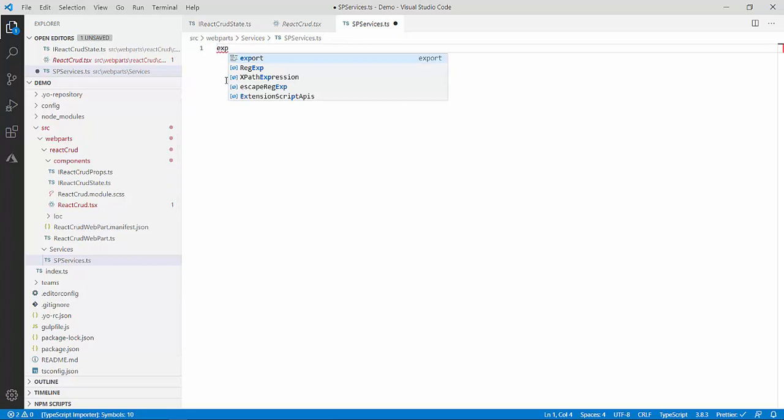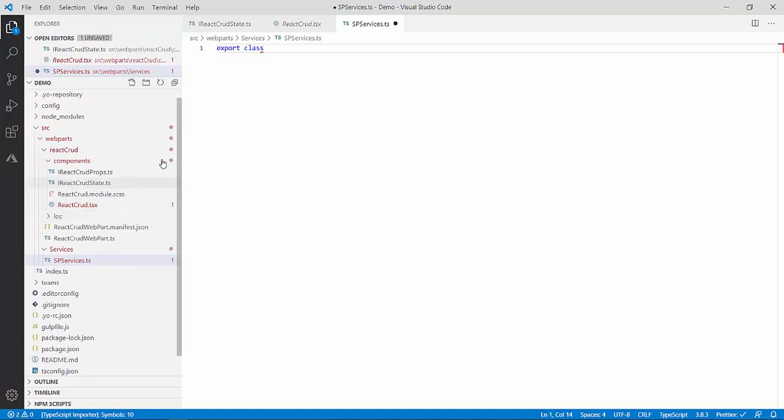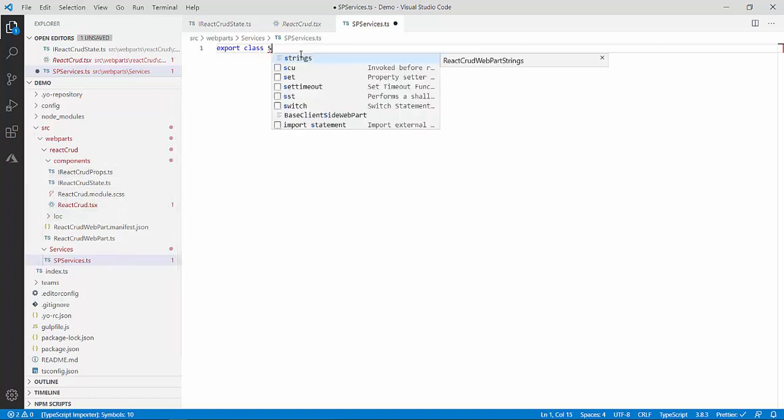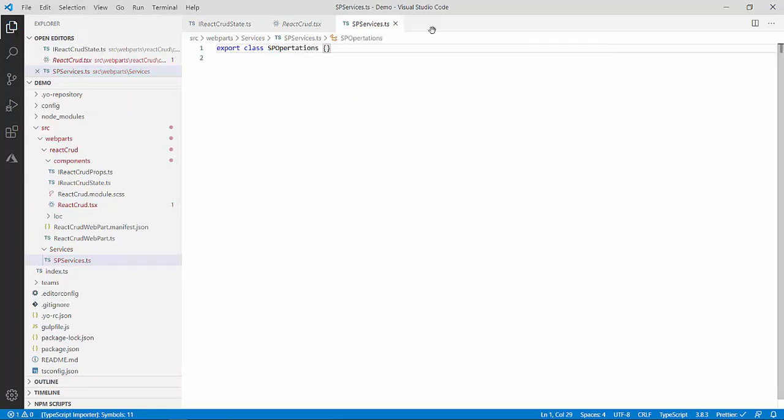Inside this file I have to export the class because I will be using it. So, export class. This is TypeScript, because TypeScript is a superset of JavaScript. In TypeScript we use the OOPS concept, so we simply create a class. This is very simple. In this demo I am also teaching you the TypeScript concept. Why am I exporting it? Because all the methods which I will create in this file, I will call from my component file, that is my tsx file. That's why I'm exporting this class. My class name will be SPOperations. It is done. Now I will create all the methods in this class.